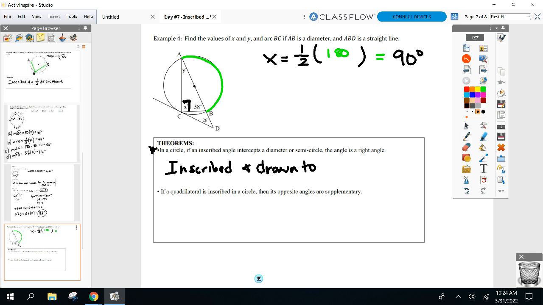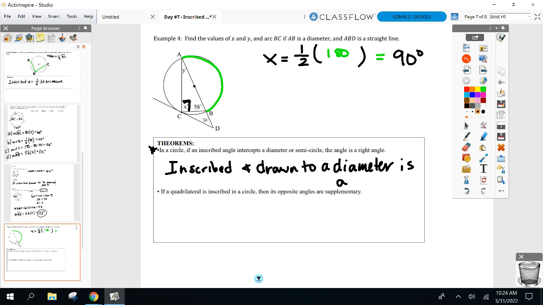Diameter. Okay, I like the word diameter. Anybody else want to use a different one? Semicircle. Either one's fine with me. You want to write an inscribed angle drawn to a diameter, drawn to a semicircle, that's fine. I'll use diameter here, but if you want to use semicircle, keep using it. Inscribed angle drawn to the diameter is a,